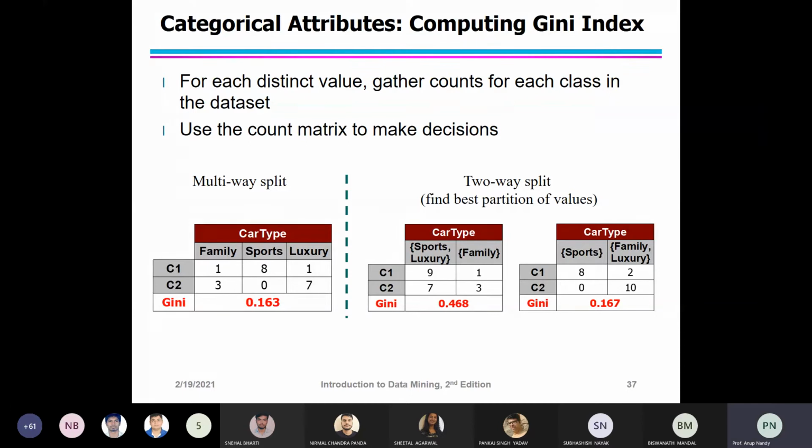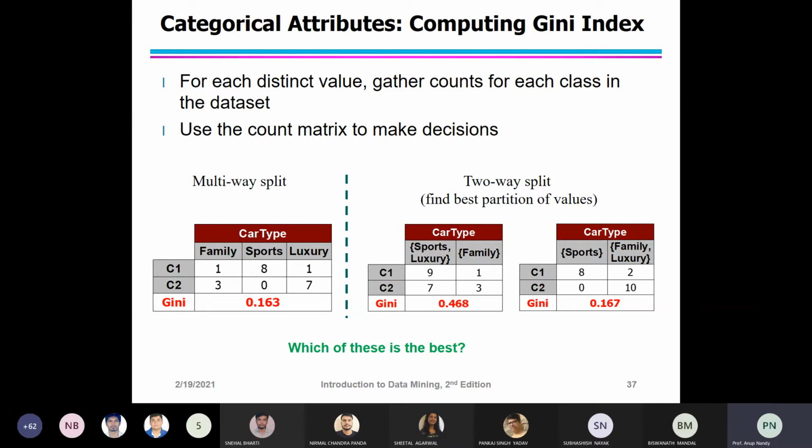Similarly, for the second binary grouping of sports and family luxury, you can use the same thing, and it comes to 0.167. Then which one is the best?